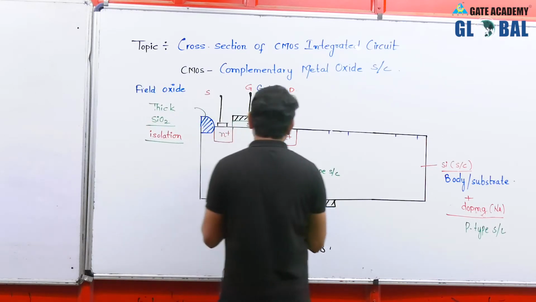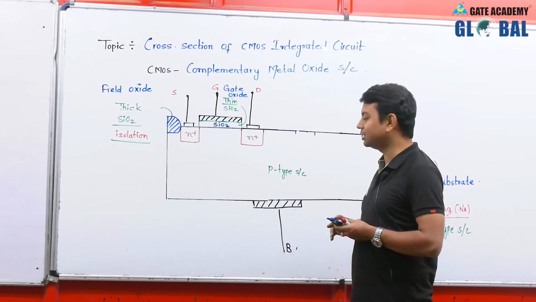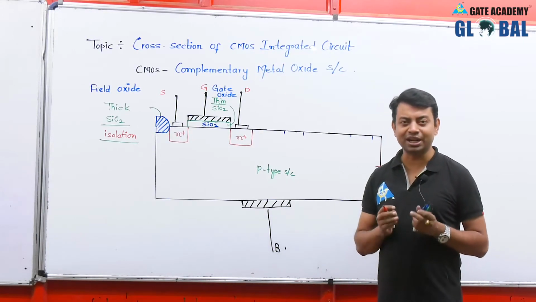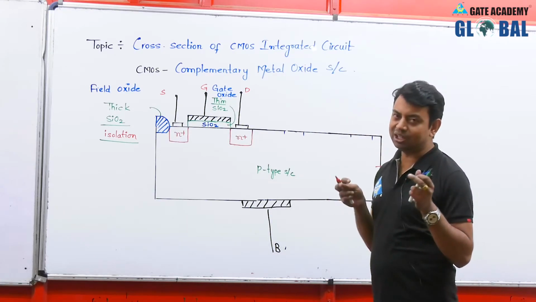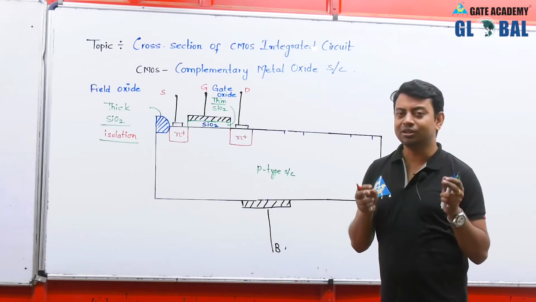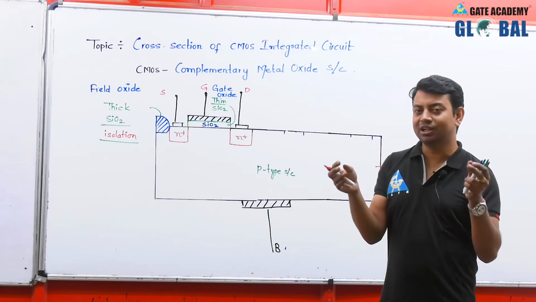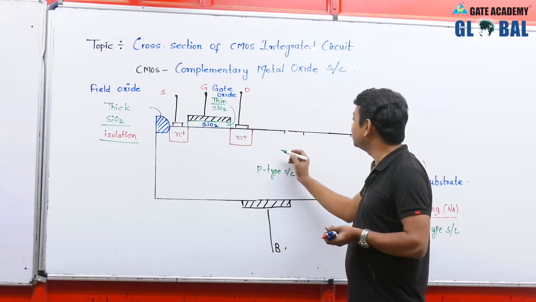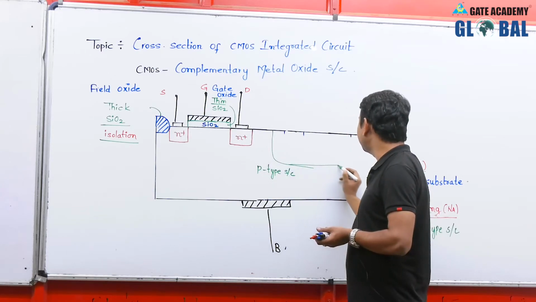So this is the design of an NMOS. Now we are going to design a PMOS in this particular p-type substrate only. As we know, for a PMOS the substrate is of N-type. Since our substrate is of p-type, we cannot create a PMOS in a p-type substrate directly. So to create the PMOS in a p-type substrate, we have to make a new substrate inside this basic substrate. To do that, we create a well-shaped region in this particular p-type substrate.